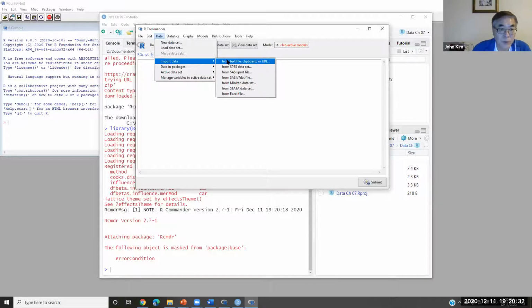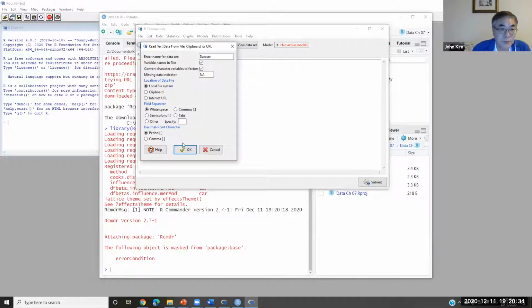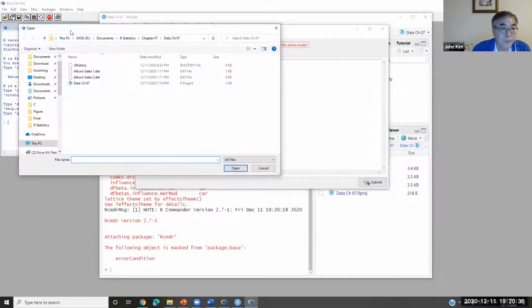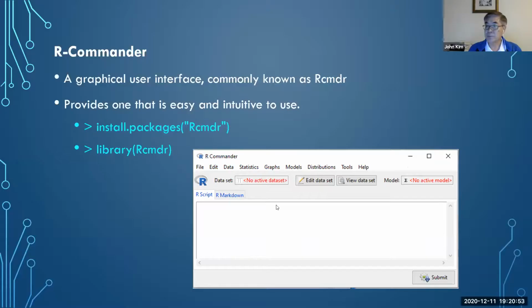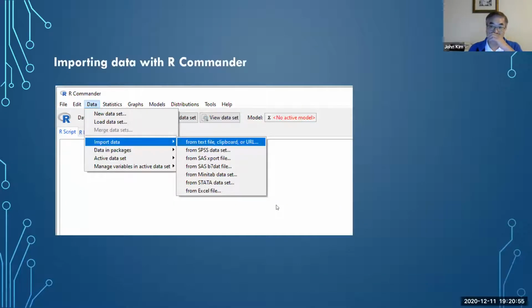Import data from a text file. Okay. And album sales, one data. Okay, good. Okay, and then go back to slide. After input data,